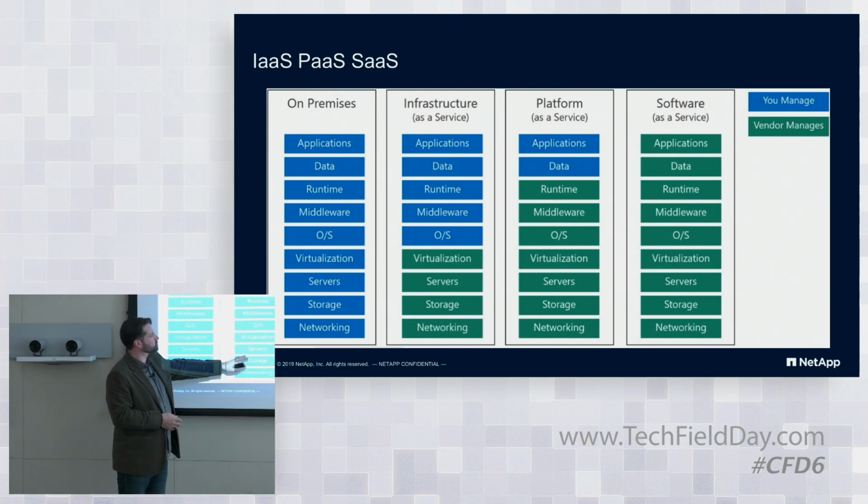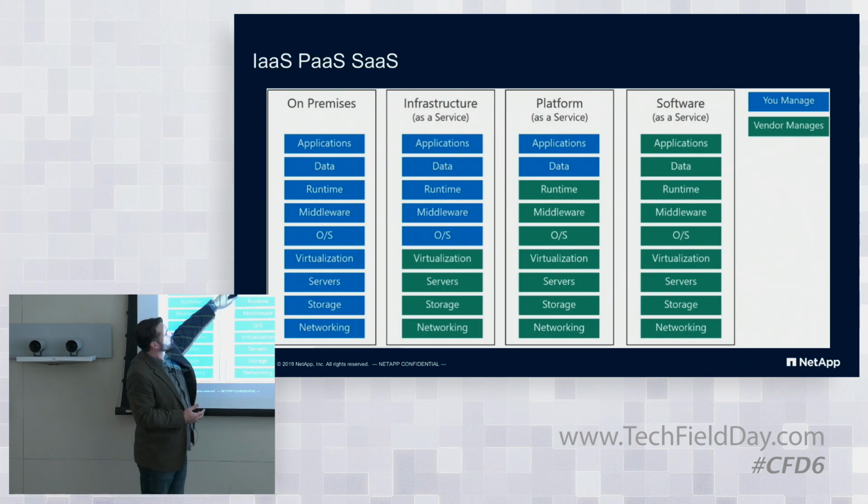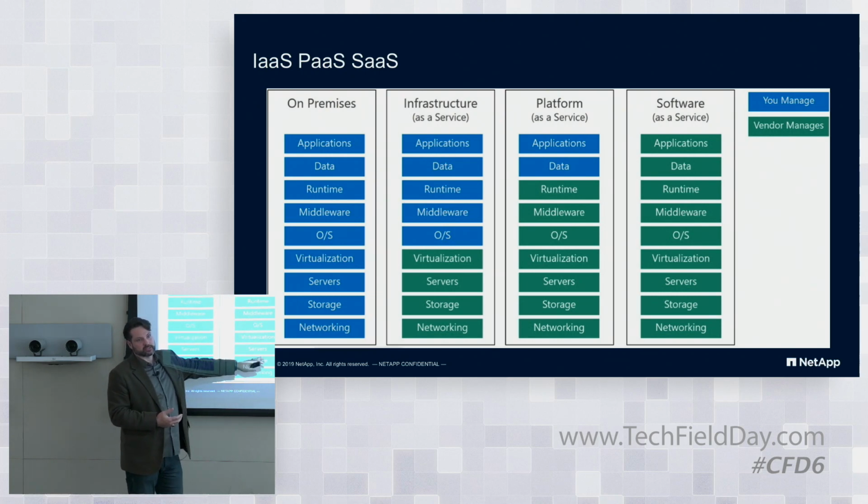Their first ability to operate in an OpEx-based financial model is if they go to a hyperscaler who handles the networking, the storage, the servers, the virtualization stack. This is the hypervisor level, and then they buy the virtual machines at the OS level and do what they want on top of that. So the customer's back to managing these platform and software levels if they jump into the cloud and take on board these lower level services.